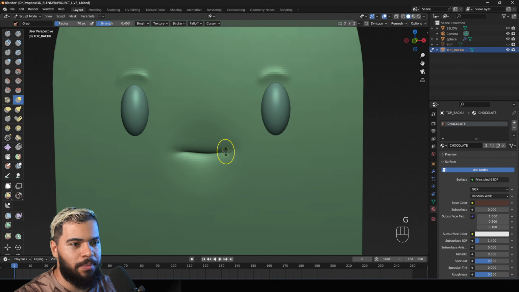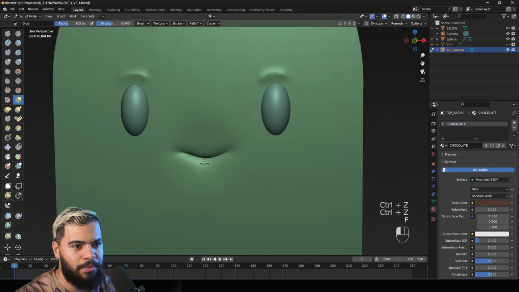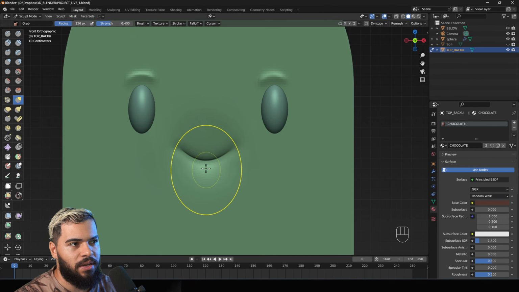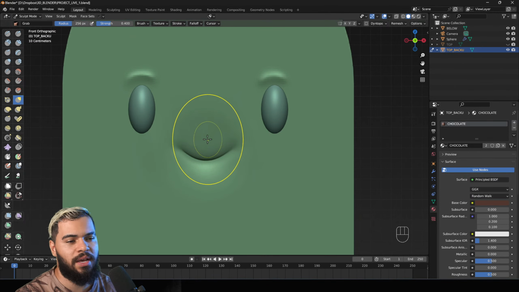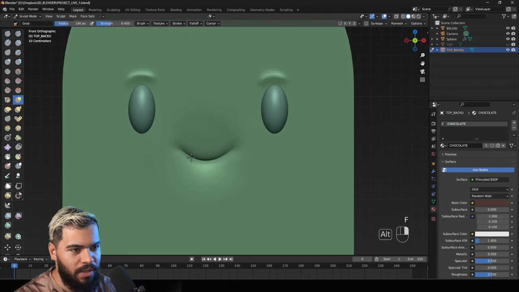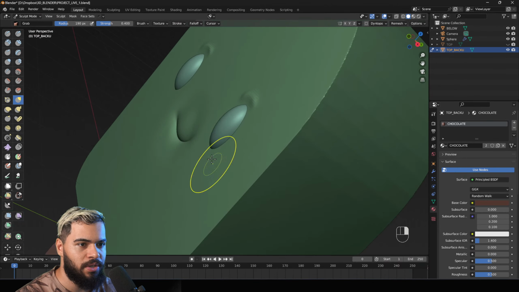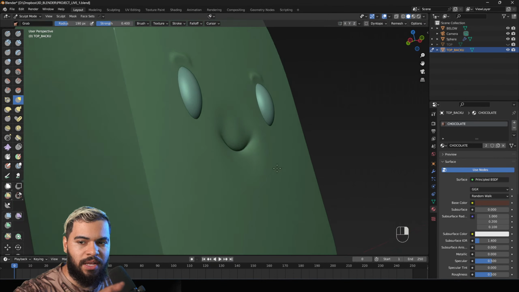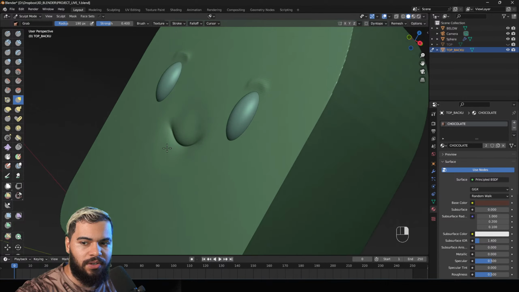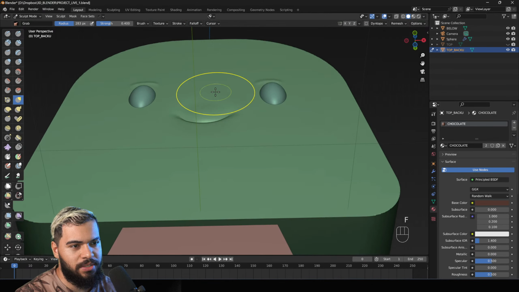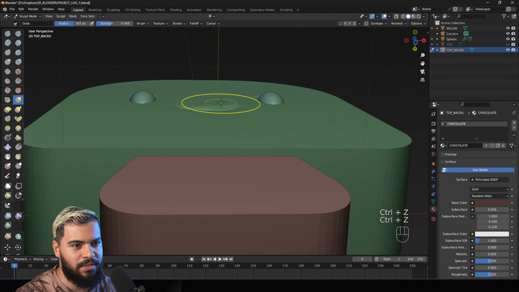I will add a bigger smile by pressing G, and I'm just going to make him smile a little bit more. I'm not using symmetry in this project because I can explain more in another lesson, but let's keep it simple. As you can see, I'm adding kind of a smile here. I'll push this more to the front. In 3D Blender, in that case, you need to rotate to see the surface. Can you see that on the side it is very flat, okay? And I will push this more to the front. Something like this.